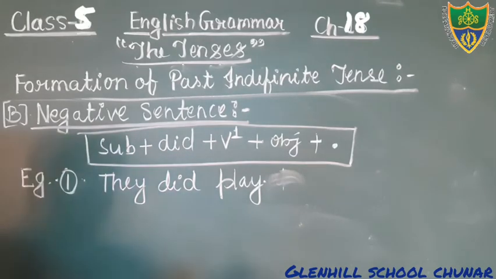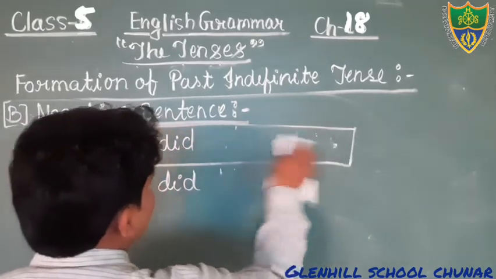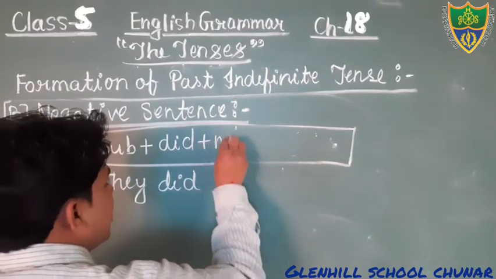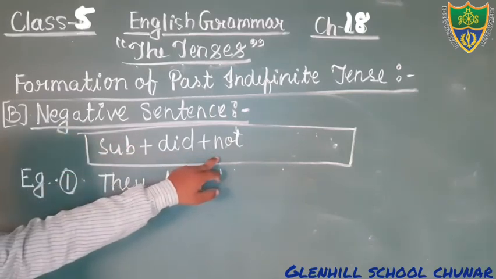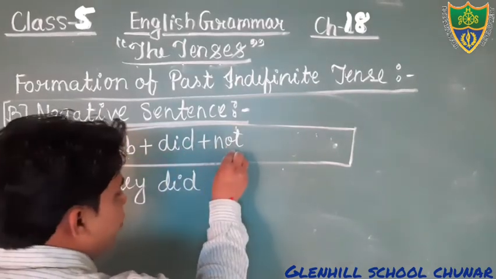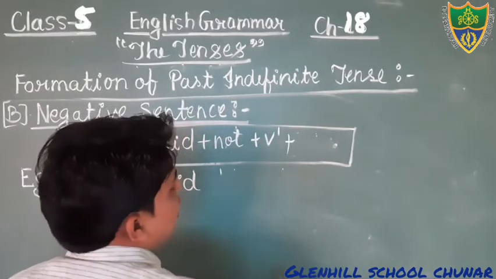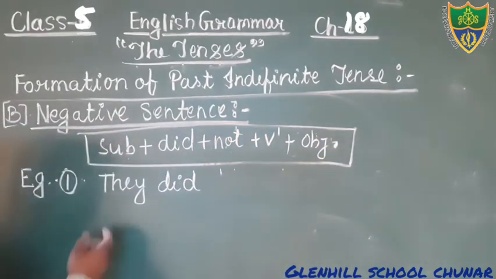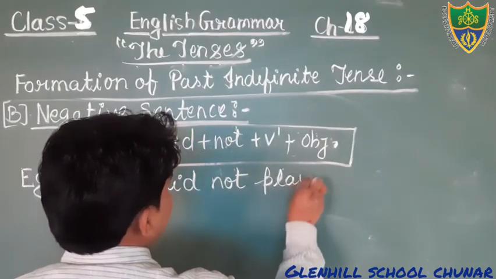Dear students, there is a mistake that you should notice and just write down once again. The structure is wrong. Just see, subject will be there, then helping verb did will be there, then not will be there, because that is negative sentence. Therefore, you have to also mention the negative word not. So just see, subject will be there, did will be there, not will be there, then after verb first form will be there, and then after object, and then after full stop. Okay? So we can see here they did not play cricket.